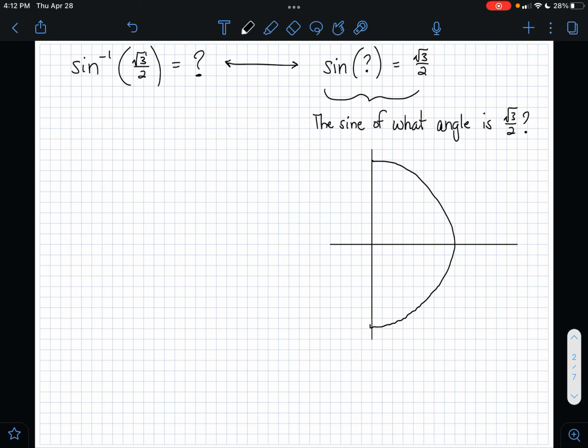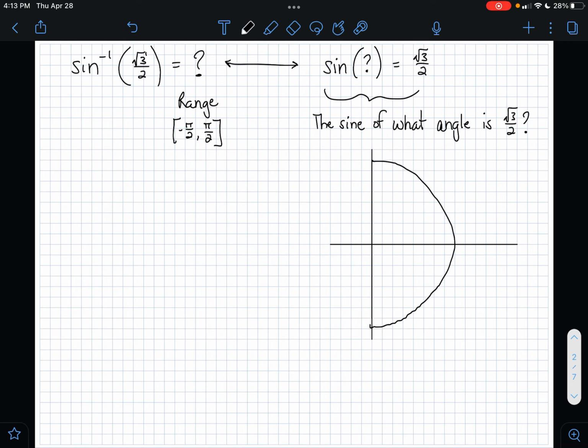We want just this half of it because remember, this is operating under the range of -π/2 to +π/2, which means here that's the domain. The angles are restricted to -π/2 to +π/2. The idea is that we want only one such angle. We don't want to have multiple angles producing the same sine value because then the function would not be 1